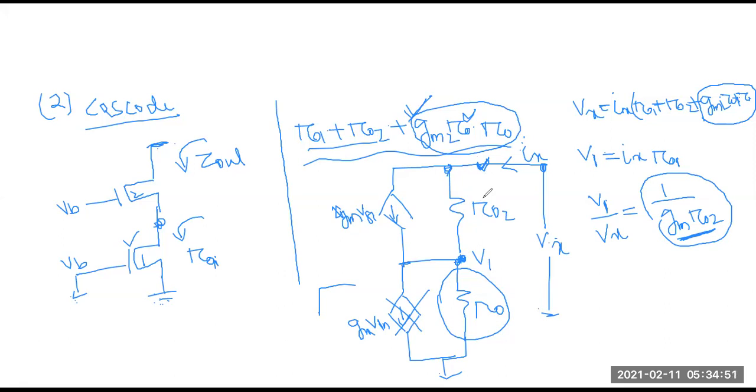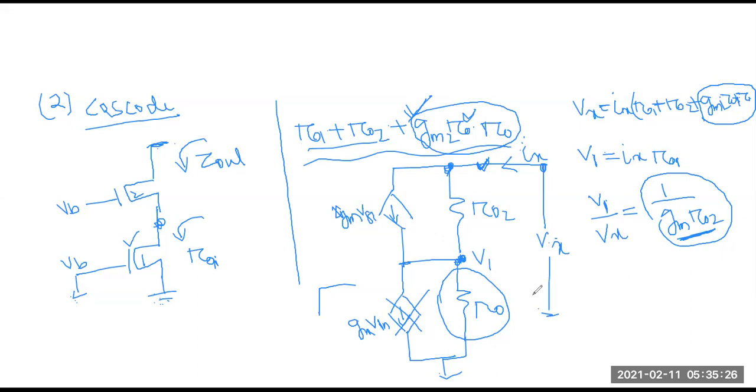In a simple current mirror, whatever changes at that point, 100% change will be there. But here, if you change 100 millivolt, only 1% change will be here. Got the point? So the resistance will be very high, which means the current in the cascode current mirror will not fluctuate. What is the advantage of this?